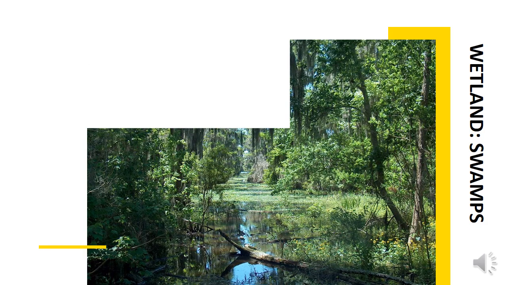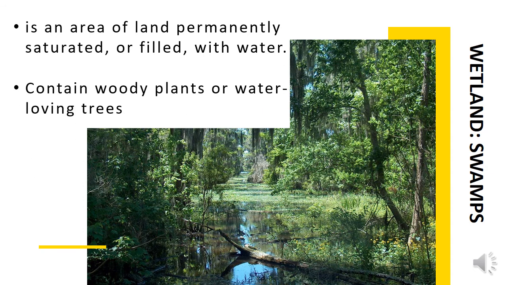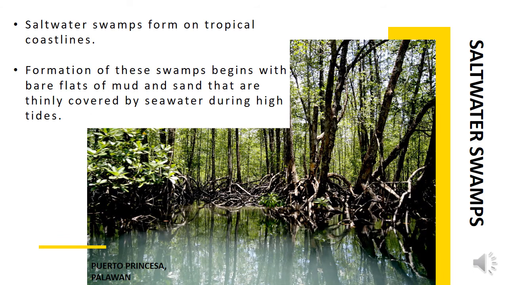Wetland swamps. So what is a wetland swamp? It is an area of land permanently saturated or filled with water. As you can see in this picture, it contains woody plants, or shall we say, water-loving trees. There are two types of swamps, namely the saltwater swamps and the freshwater swamps. In this example in Puerto Princesa, it is called a saltwater swamp, where there are